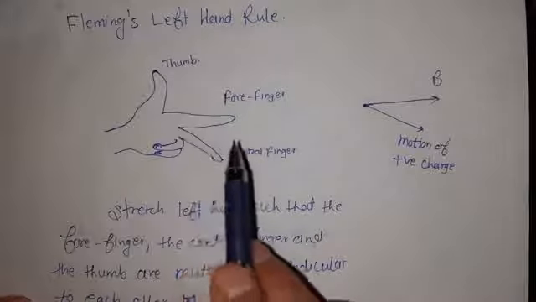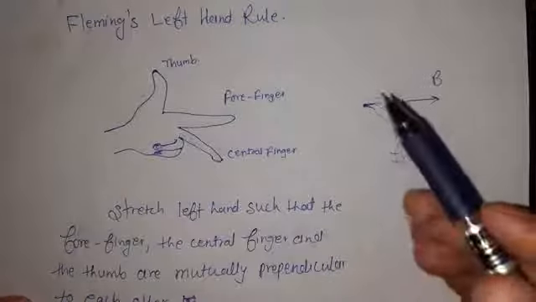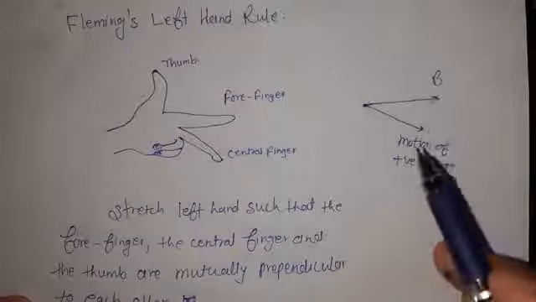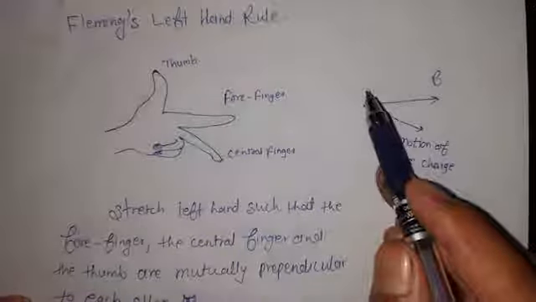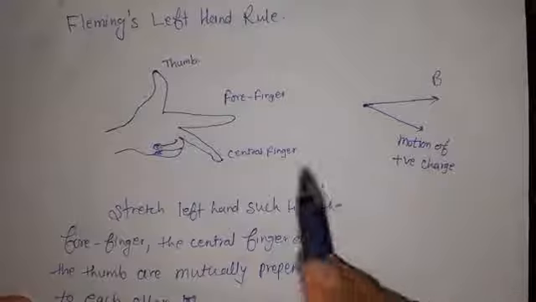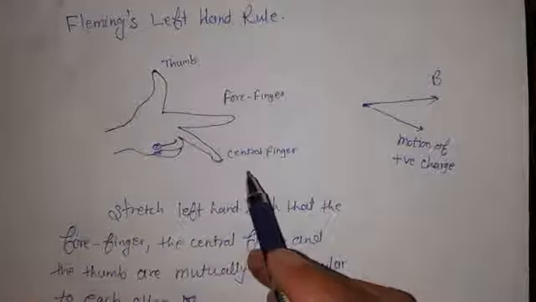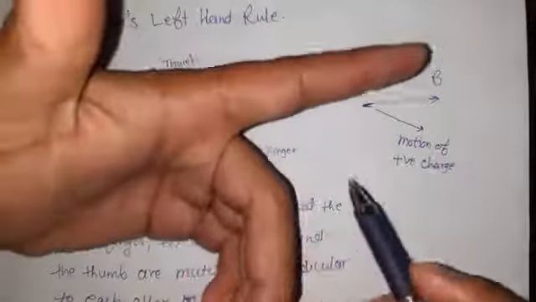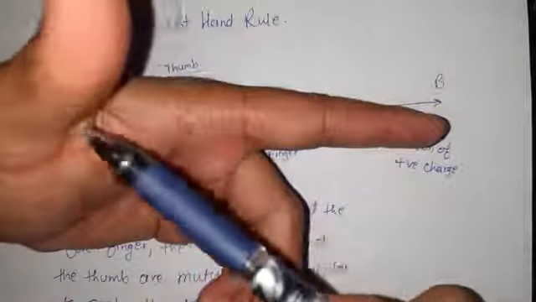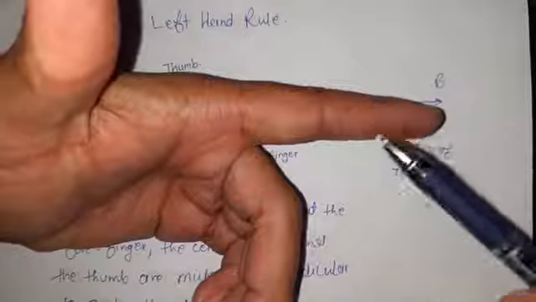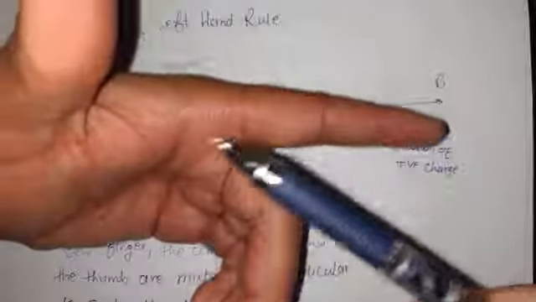तो फ्लेमिंग लेफ्ट हैंड रूल की हेल्प से आप क्या कर सकते हो, जो मैग्नेटिक फोर्स है उस चार्ज के ऊपर मैग्नेटिक फील्ड की वजह से जो एक्ट करेगी, that you can determine. Now how to implement this Fleming's left hand rule? So for this you need to stretch your left hand. So stretch your left hand thumb, this is the forefinger, this is the center finger, in such a way that they are mutually perpendicular to each other.